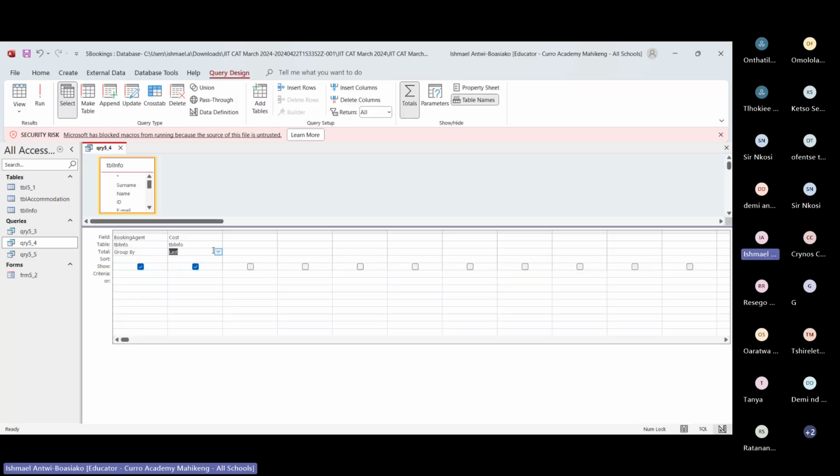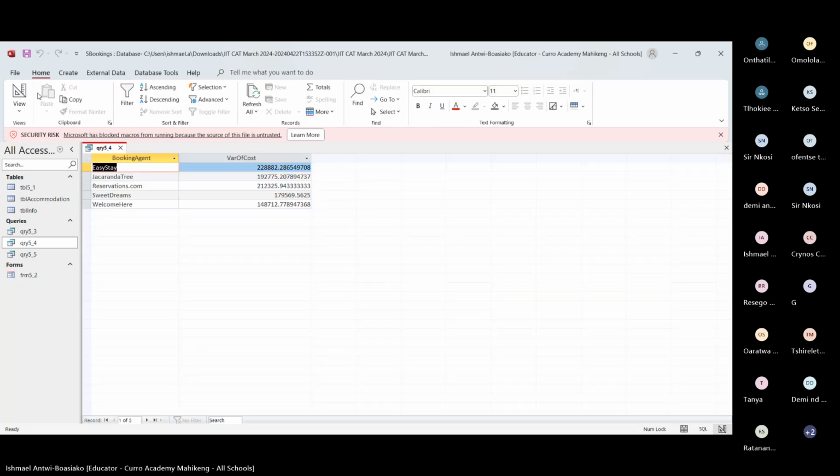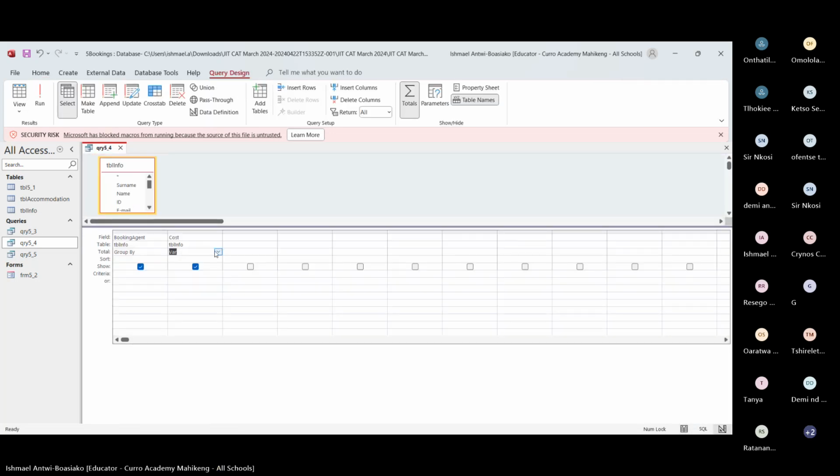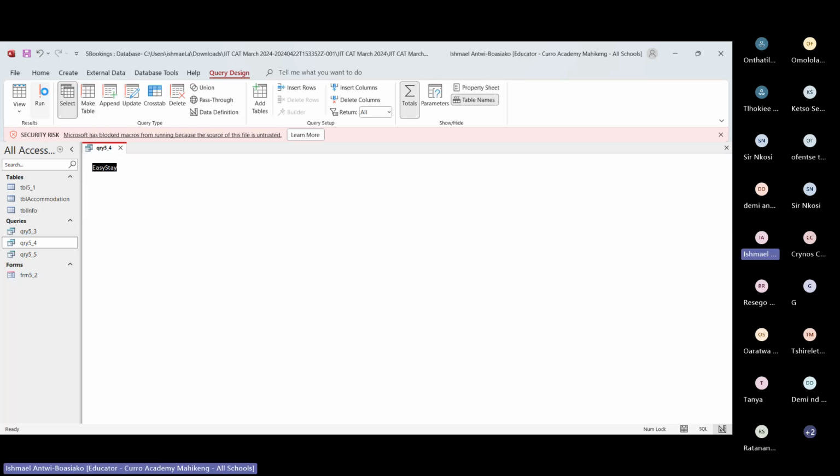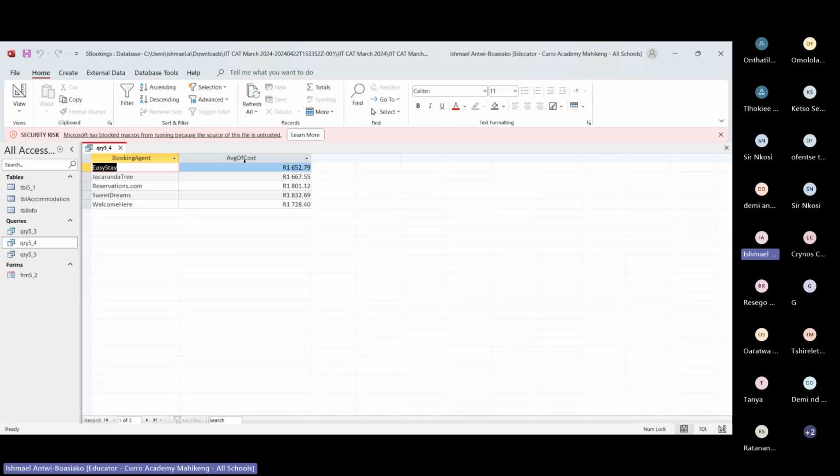If I change this function to First or Variance, you will see Var of cost. That means the function name is called Variance, and then of cost. They calculated the variance for each booking agent value. So watch out for some of these, like Avg. When you see Avg of cost, that means the average of cost. So that's how we answer questions regarding the